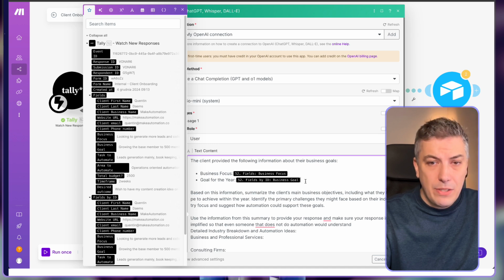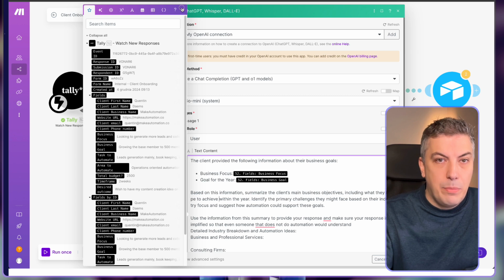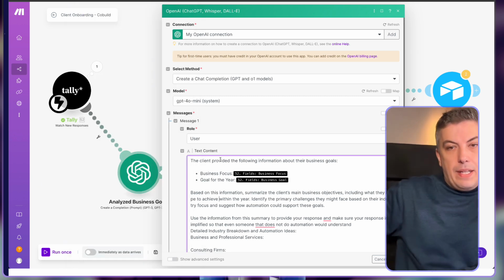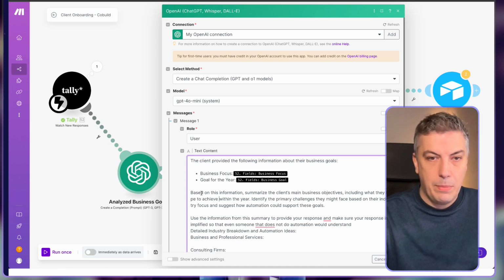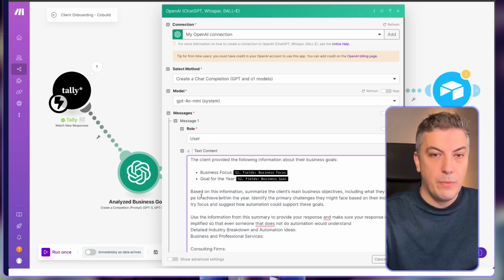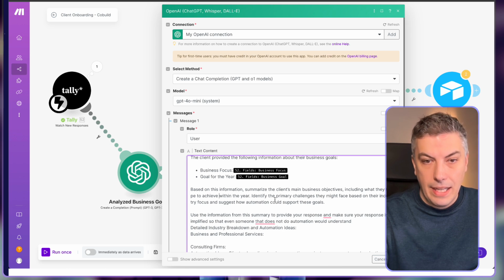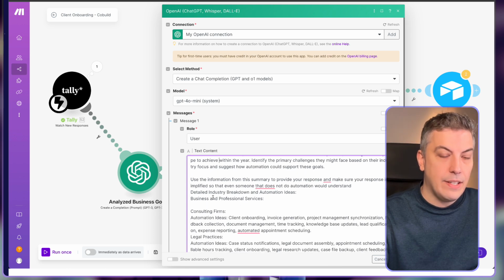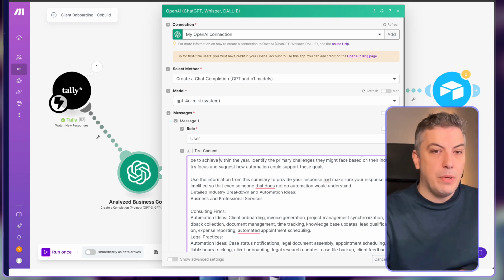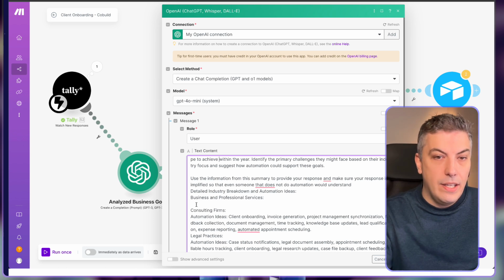It's going to be extremely easy to map. Here's the business goal. And here is the beauty and how I've actually built this. I analyzed a bunch of possible AI automations that you can run for your client. So based on the information, summarize the client mainly. And here is all that information that I've condensed into the prompt, where I say, okay, here's the